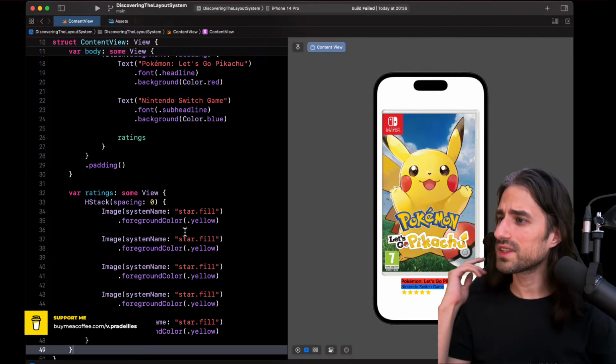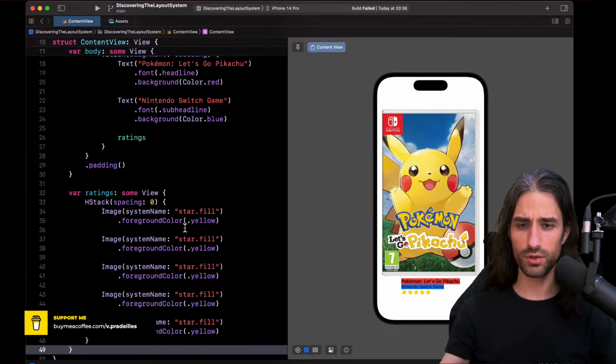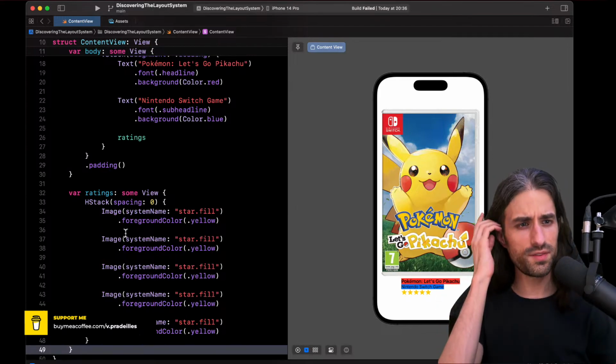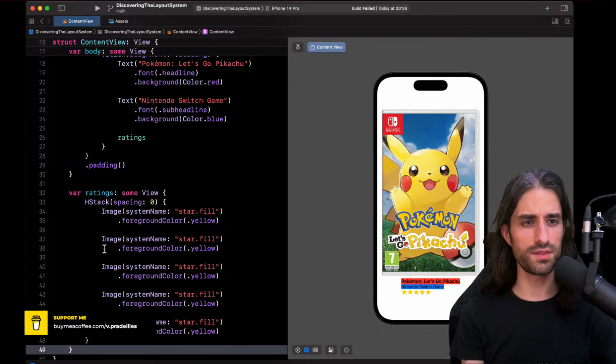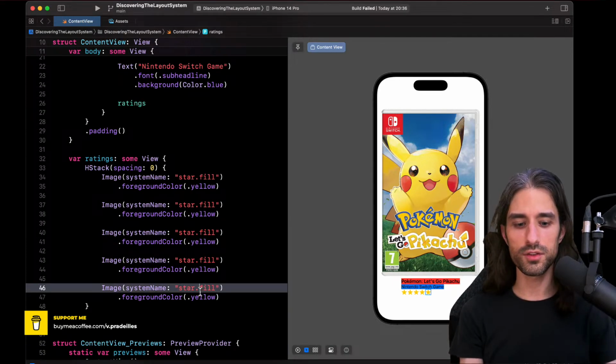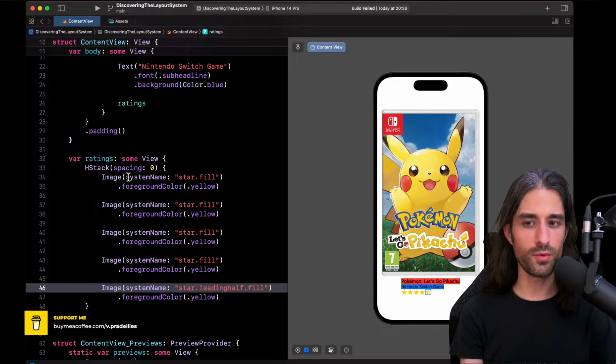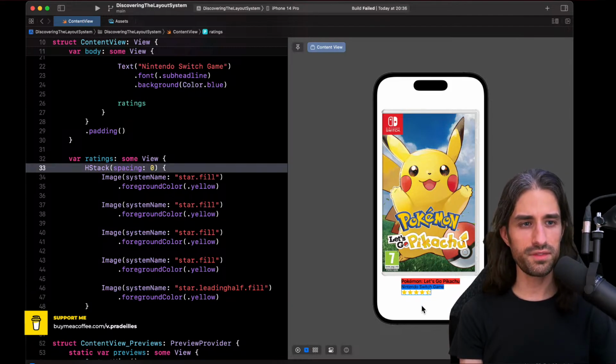All right. What else did I want to show you? Oh yes, what if we wanted to show a different rating, like for instance 4.5? We could use a different UI image, like star.leadinghalf.filled. You see, now we have 4.5.